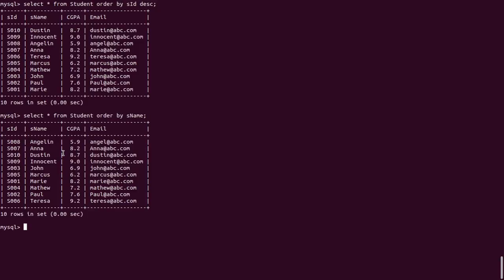Let's suppose you want to know who are the students who have a CGPA greater than 8. For that case, we need to use the where clause. The where clause is included at the end of the select statement. So to know the students who have a CGPA greater than 8, we write our select